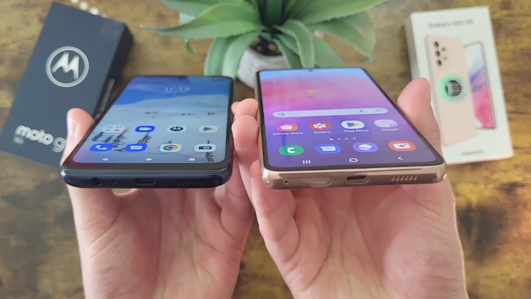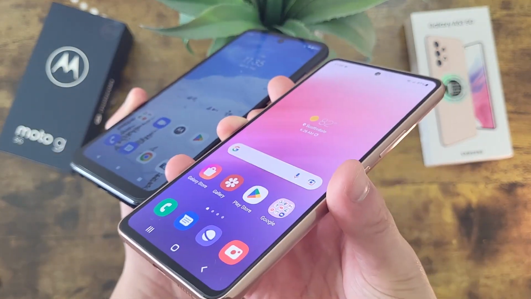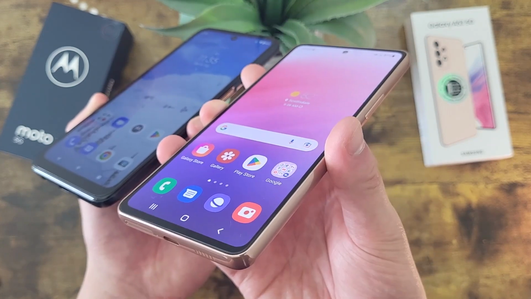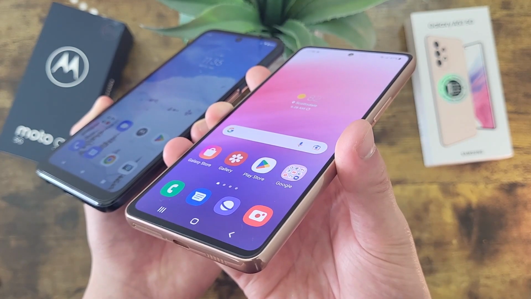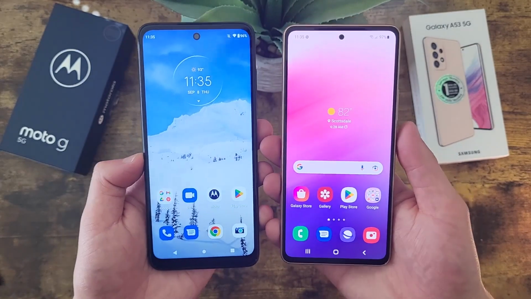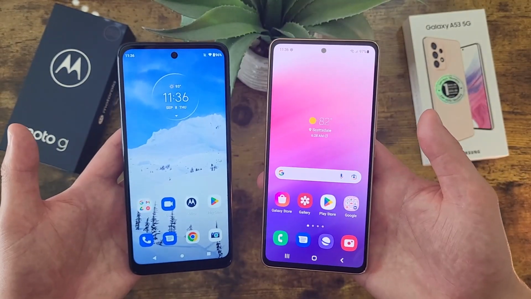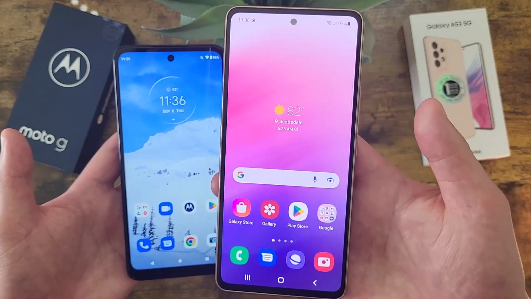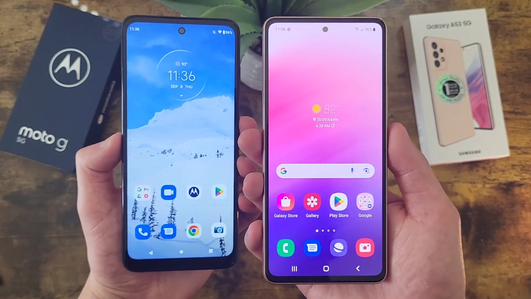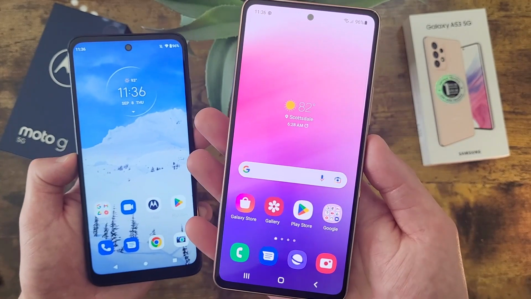And even if you're not outside in the sun, even if you're just in a brighter area, or anywhere for that matter, the Samsung Galaxy A53 5G is going to be so much easier to see. And in general, if you're consuming a lot of content, whether you're watching videos, playing games, or even just looking at photos, everything is going to look significantly better on the Samsung Galaxy A53 5G. The A53 5G also has a much better camera setup that not only has an ultra-wide camera